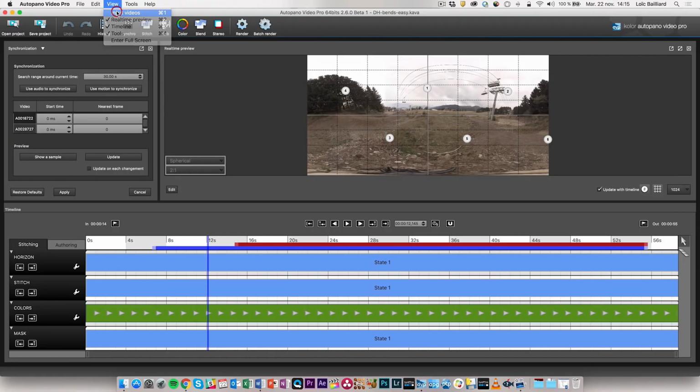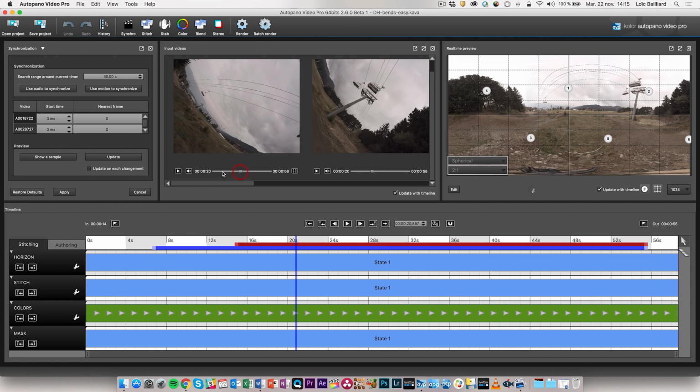The way it works is that you are going to find in your videos the point in time when you have a synchronization signal. So if we open up the input videos, you would be scrubbing here through the footage up until you find a point where you were doing maybe a signal, a clap, or anything else. And you're going to find this, and maybe let's say here that it's at our 20-second point. You would then ask the software to look maybe for 10 seconds here, and what this means is that it's going to look for the synchronization points in all of the videos 10 seconds before the marker and 10 seconds after. So you're going to be looking actually at a 20-second range when you are searching for 10 seconds,